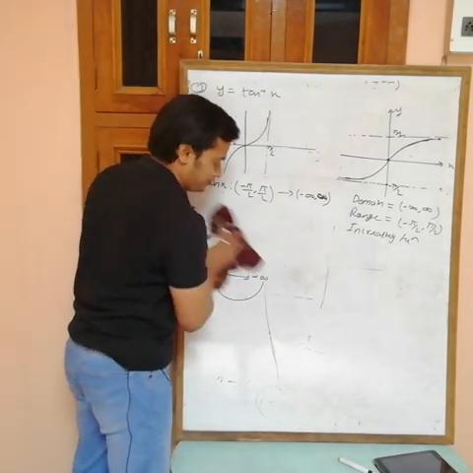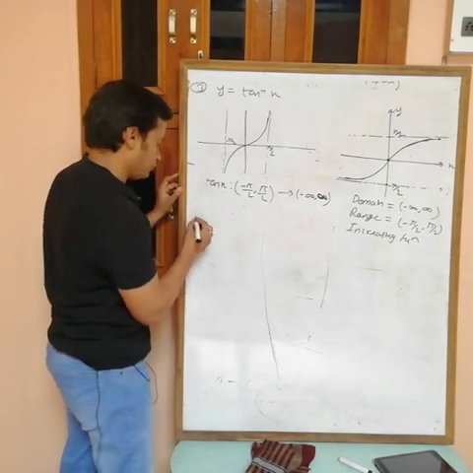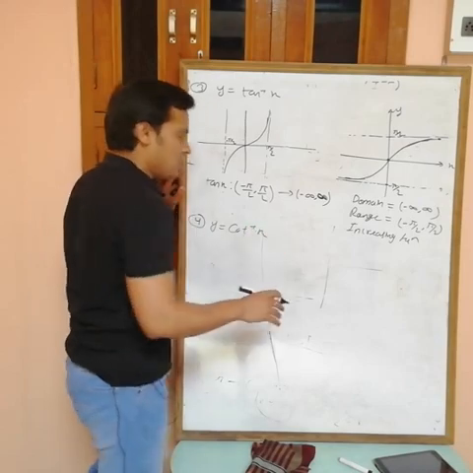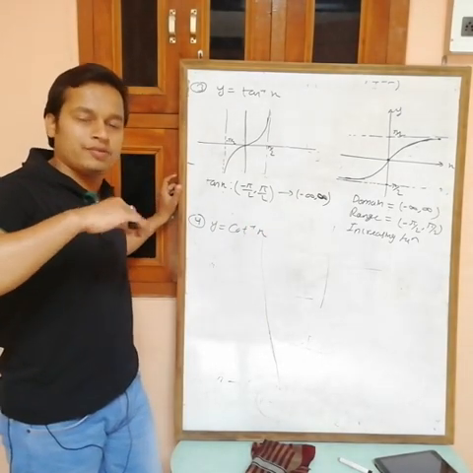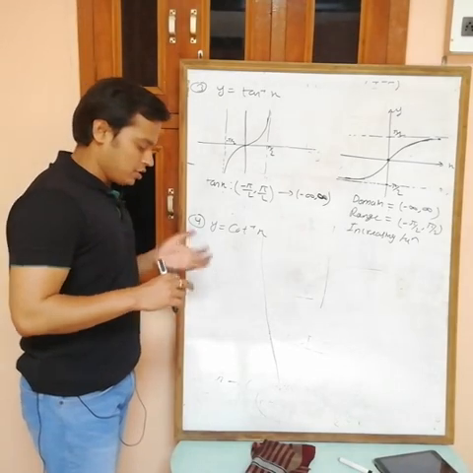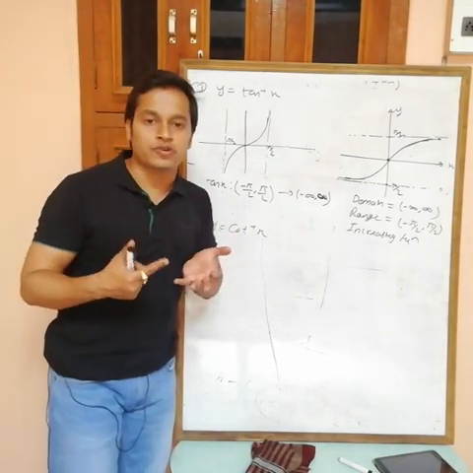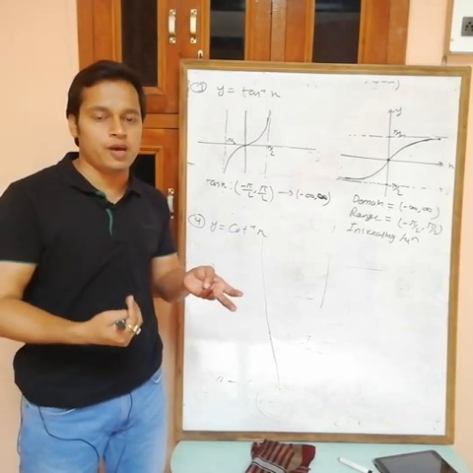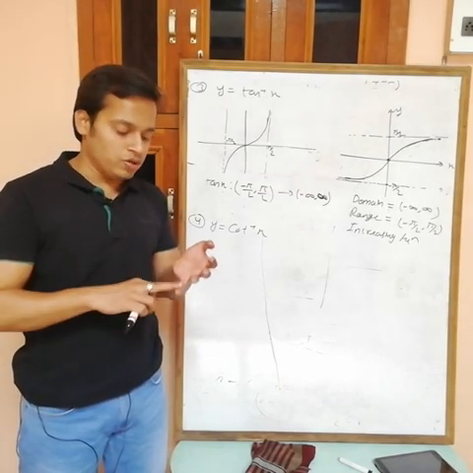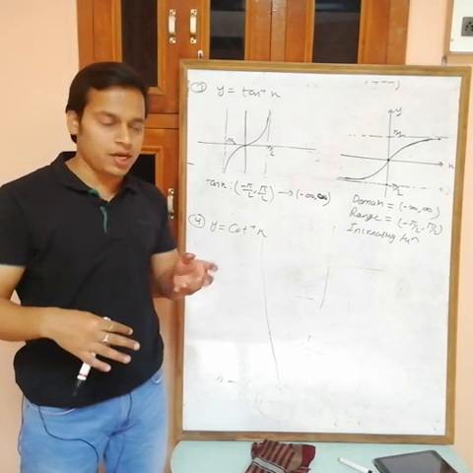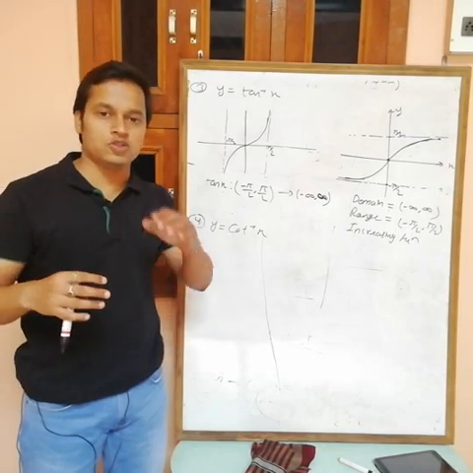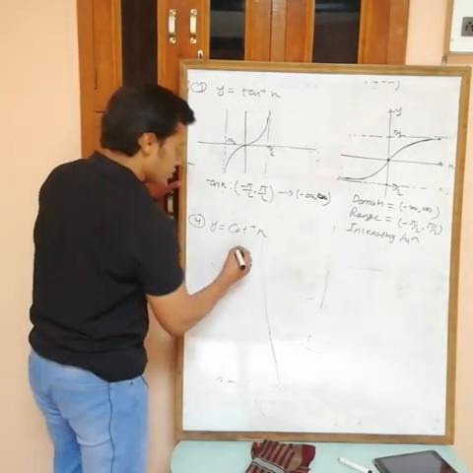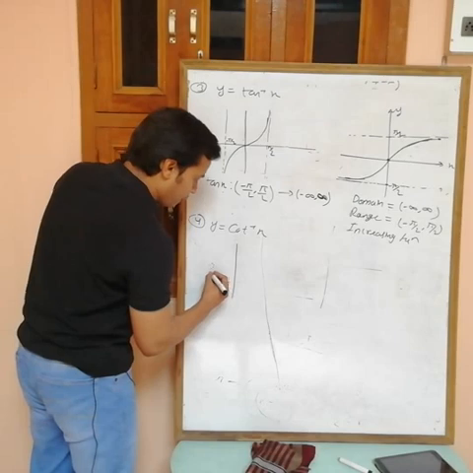Now the fourth one, y equals cot inverse x. For cot inverse x, they say take 0 to pi. Actually for sine inverse, and its opposite cosec inverse, and tan inverse, we are taking the domain from minus pi by 2 to plus pi by 2, and in case of cos inverse, and its opposite sec inverse and cot inverse, for these three the range is 0 to pi. These are predefined. So I have to draw the graph from 0 to pi.